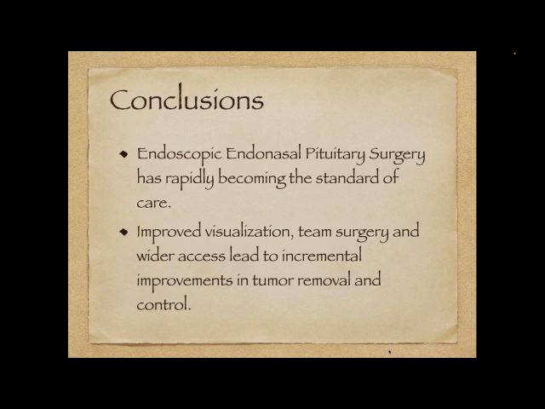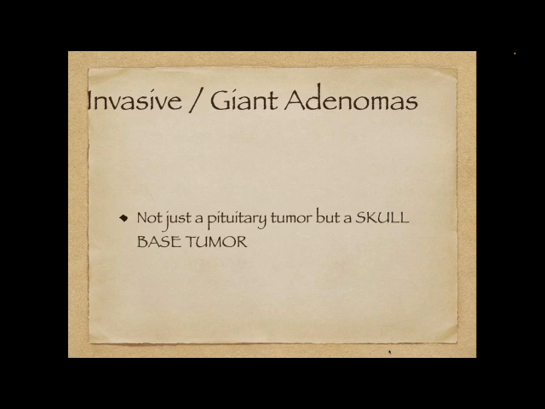And we really think the advantages, well, the interesting thing about it becoming the standard is that there's not been one big study that showed, here are outcomes from doing this with an endoscope, and here are outcomes from doing it with a microscope. It just is so obvious to surgeons that you can see better and you can access more, and being able to do that allows us to do surgery in the same way as if we had a whole big open approach. We have the same safety, we have the same view, and we have the same access to these critical structures, just by using an endoscope.